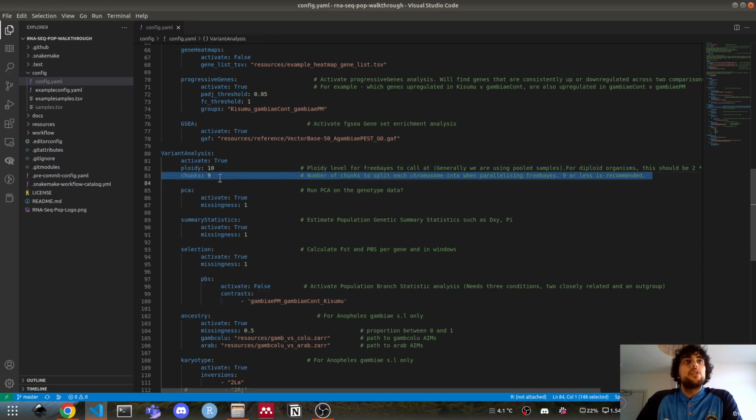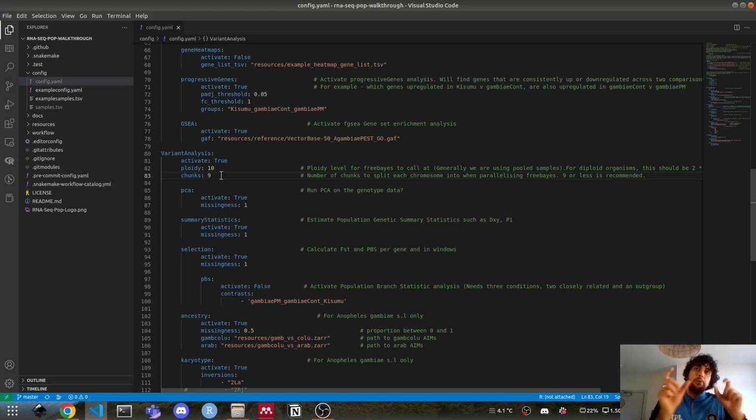The chunks parameter is just saying how we break things up when we're doing variant calling, to speed it up. We break it into different sections so it can be parallelized. And so we want to use a certain amount of chunks. By default, this is 9. I would recommend just keeping that as it is. Occasionally, you'll do a run, and one genome chunk will take a bit longer than others because it might have higher coverage or something like that by chance. That can happen, and so increasing the number of chunks should help that be a little bit faster potentially.